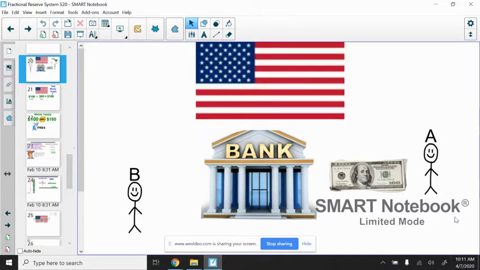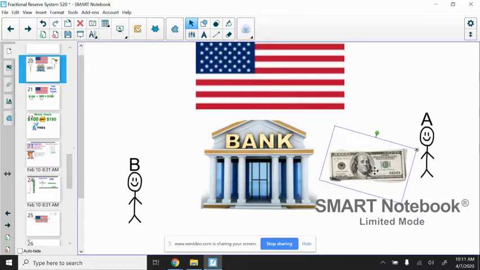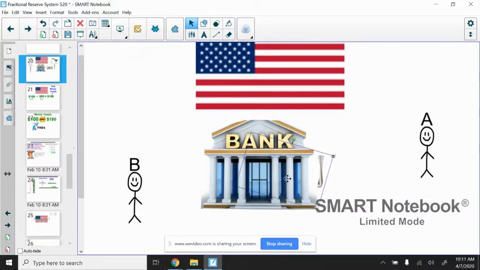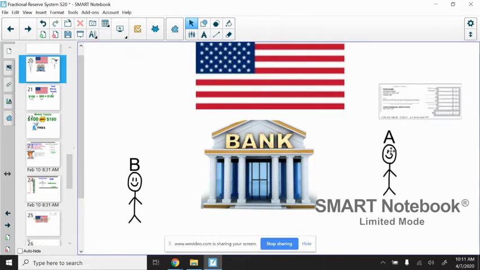Quick review. Person A is referred to as a depositor. They have exchanged their labor for what is referred to as money. In this case, it's going to be $100. They then, in theory, deposit their money in the bank, and they receive in return a deposit slip that says they have ownership of $100.